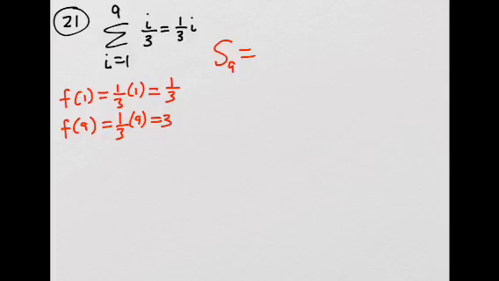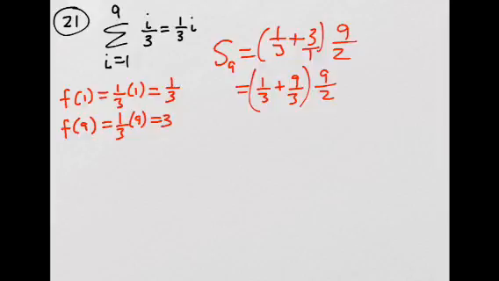Okay, so i over 3 is a linear function, and I rewrote it right here so you could see the common difference is going to be 1/3. Okay, so this is still arithmetic. So I'm using the formula for arithmetic series. So it's the first number plus the 9th number times 9 divided by 2. So this is going to be 3. I'm going to get a common denominator, which is 3. So 1/3 plus 9/3